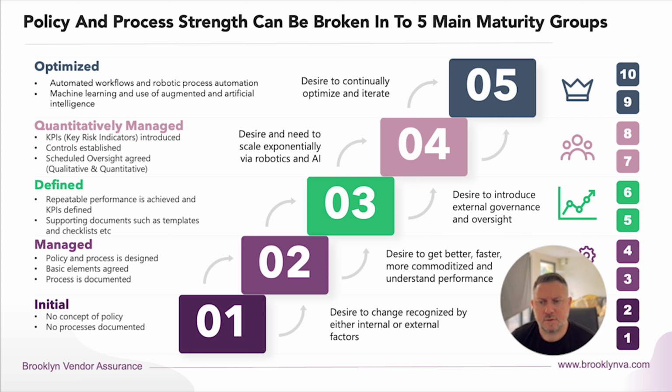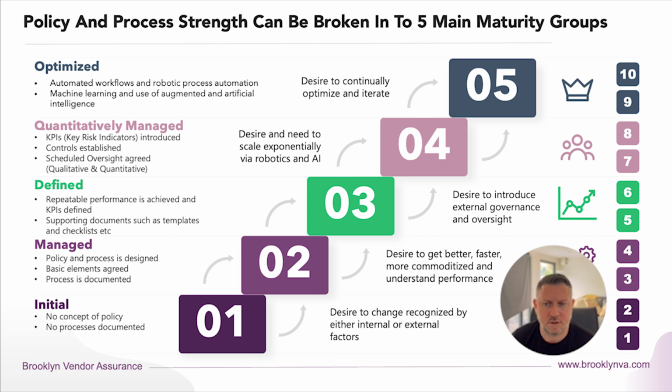It's a defined process, so repeatable performance is achieved and KPIs are defined against that process to indicate whether it's healthy or not and whether it's running right or not. Also to the standard documents, you've got things like checklists and templates that are being provided in equal measure. To get to the next level, you've got to have a desire to introduce some kind of external governance or